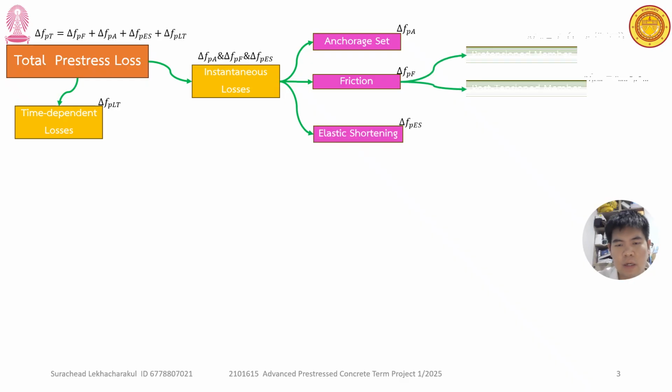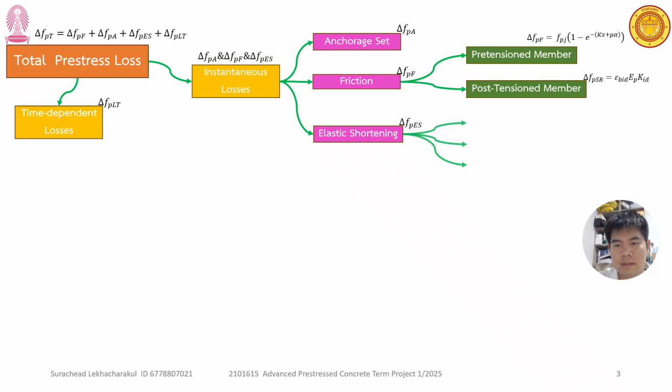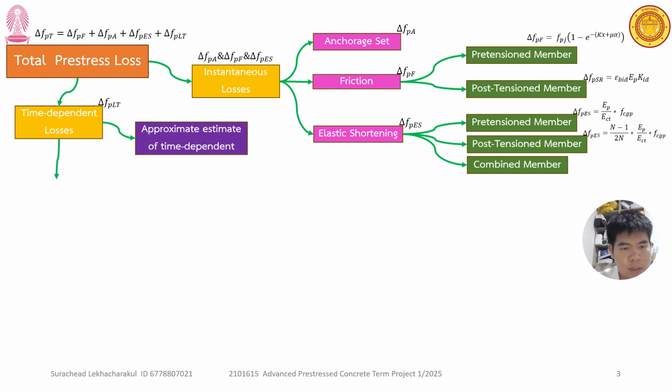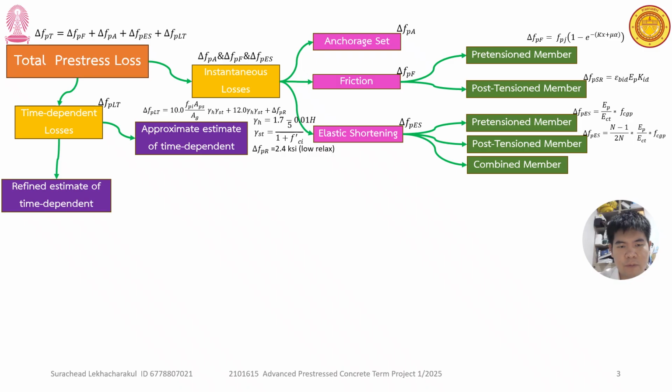We don't actually focus on this, but I will present it as an overview. For the approximate way to estimate the time-dependent loss, you will see the formula is only one formula,